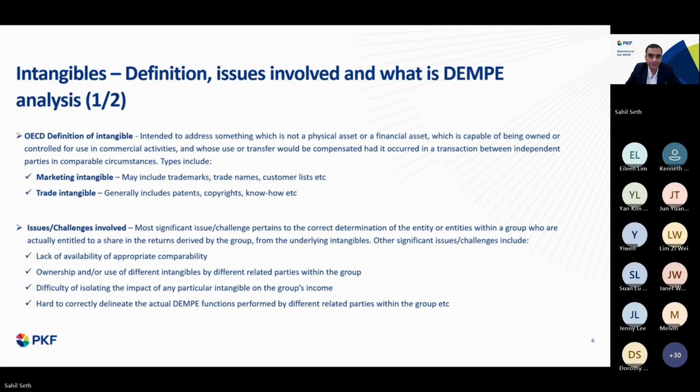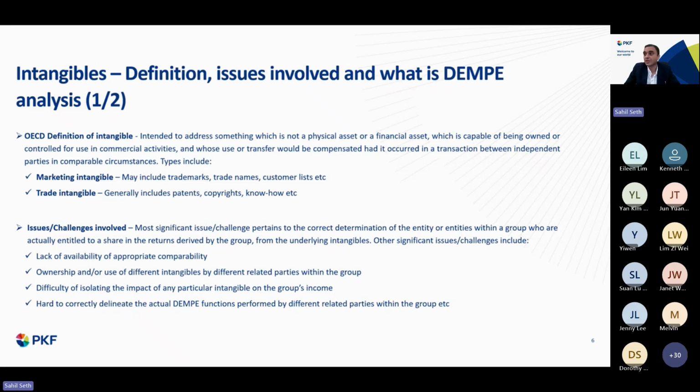The DEMPE analysis helps to resolve some of these points, right? But DEMPE analysis needs to be conducted in conjunction with the functional analysis and then the benchmarking. So that is why all three are very critical analyses for any kind of intangible transaction. Another difficulty we have seen is isolating the impact of any particular intangible, because, taking for